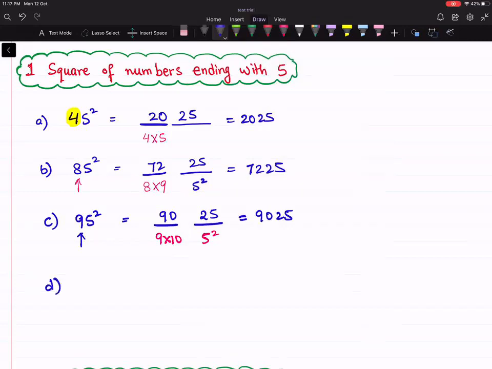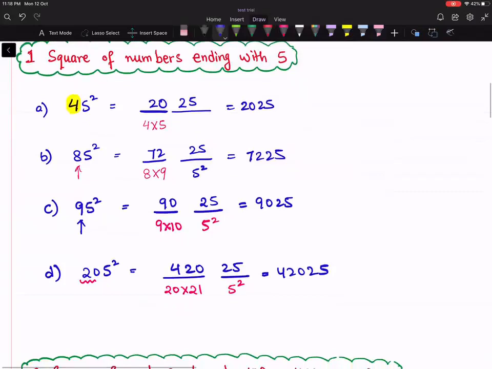If I'll take one more example here, let's take a bigger number. If I'm interested in 205 square, the approach will be the same. First is your 5 square, and in this case before 5 you'll take the digits as 20 followed by the next number, that is 21, and my answer is 42025. That's my answer, 42025, right? Valid for all numbers.